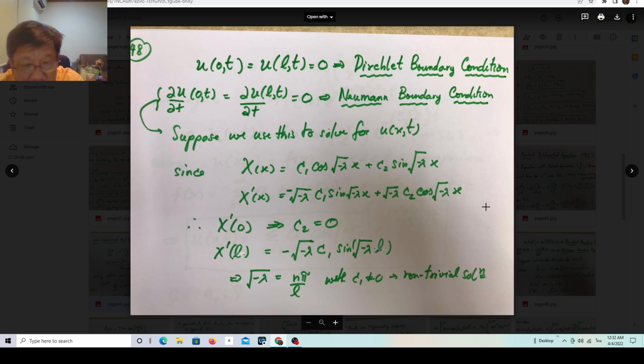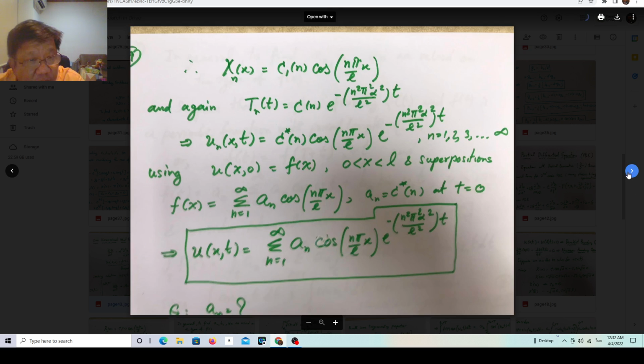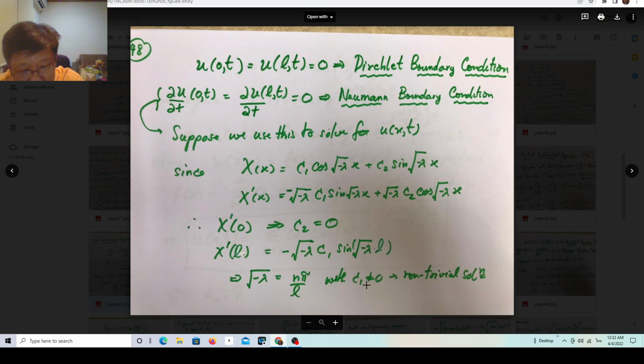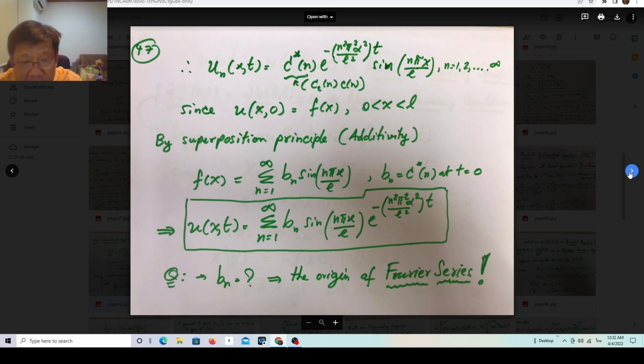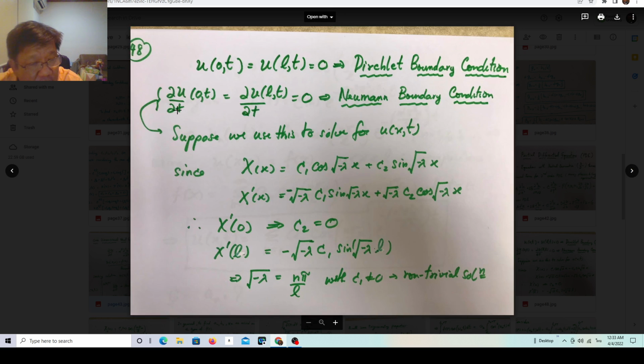So once you get this, with a similar analysis, you get this, okay. Therefore the remaining term is only the cos function term, because now c sub 1 is non-zero, but c sub 2 is 0. So it's reversed when you use the Neumann condition compared to the Dirichlet condition, because for the Dirichlet condition, the sine term is the one that remains. But when you use the Neumann condition, that uses the differential, the first order term instead of the zero order term,